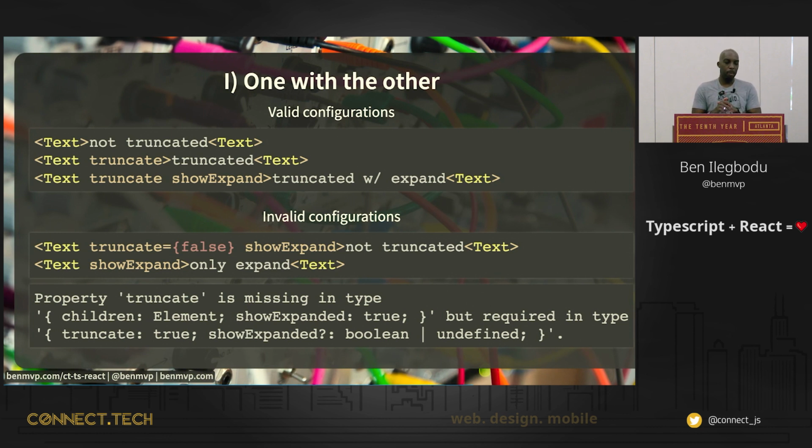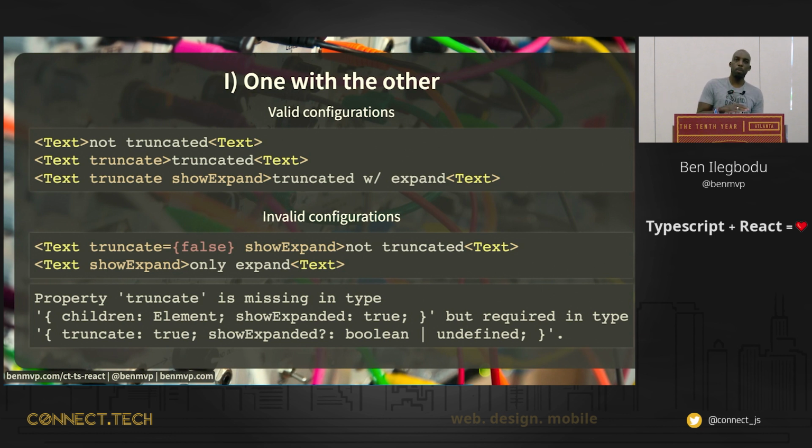So that if the text is too long, you can truncate it to a certain number of lines, right? Just a common pattern, show more, see more, etc. And then we have the second prop that's called show expanded. So that's like, should it be expanded by default or not, right?